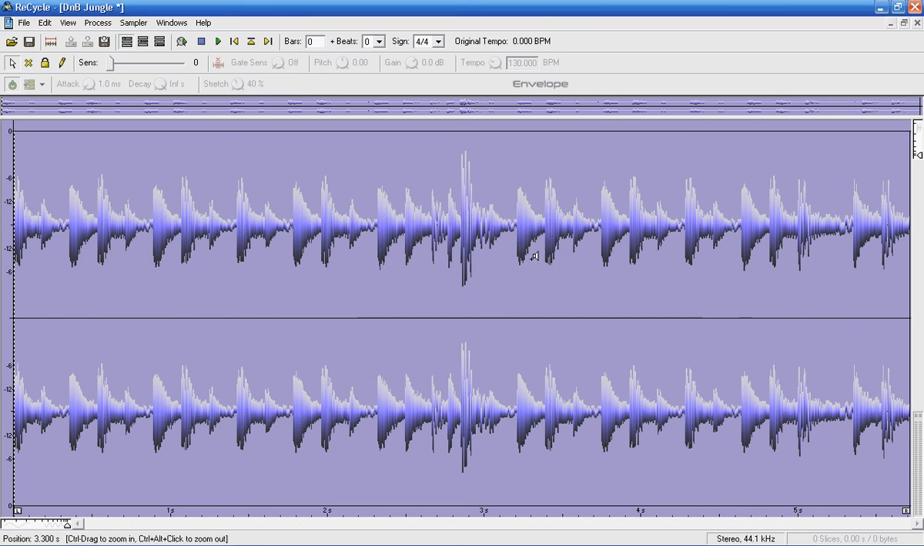Hi, this is my tutorial on how to basically slice up beats and so on in Recycle. What you want to do is first either drag the sample into Recycle or open it. In this case I've got a free drum loop which I've just found on the internet for copyright purposes. Once you've got the loop in there,